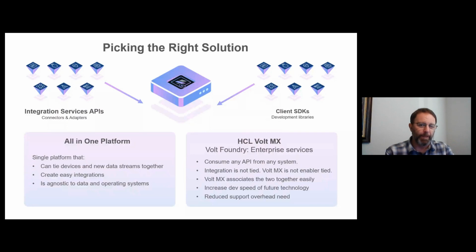Using Volt Foundry, the middleware component of the VoltMX platform, we have a very unique, simple and easy way to consume and integrate these various systems of record, these systems of data, and their respective APIs, which are oftentimes accessed in different ways programmatically. We can then make this data available to be used by a variety of platforms and not be tied down to the methods of access for these different systems. How those data streams are exposed and made available becomes an act of configuration instead of heavy coding activity.